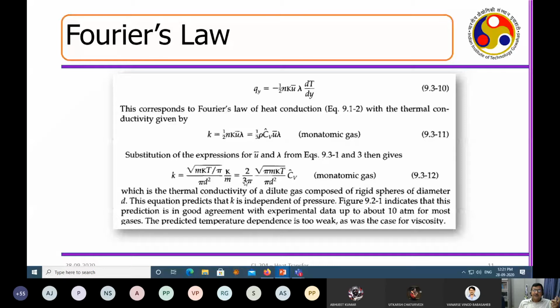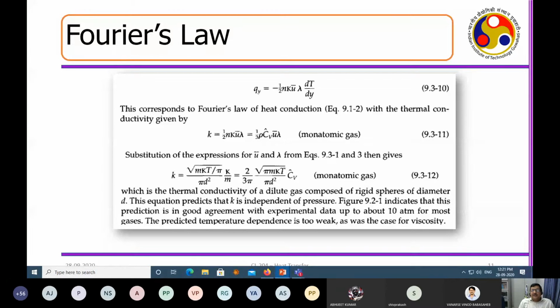This is for a monoatomic gas. Of course, for a solid, for different types of polymers, for different types of other materials like liquid crystals, or say ionic liquids, these will have different types of complexities. So essentially, when you take the constant for thermal conductivity in a heat conduction equation, it is not actually a constant, but a variable. It is a function of temperature, and of a lot of other fundamental properties of matter.